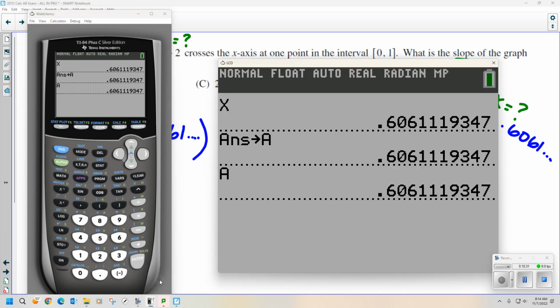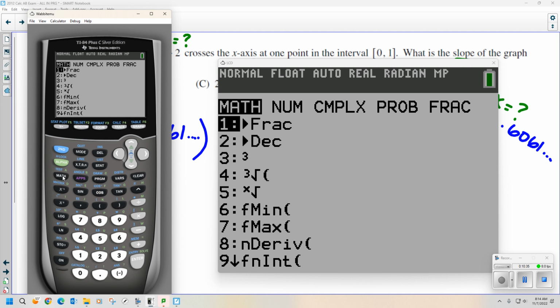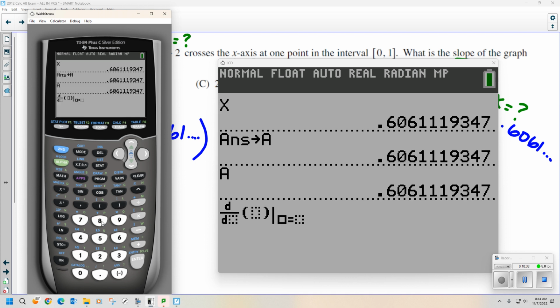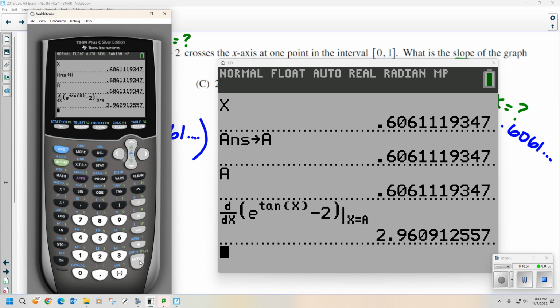I'm going to use the calculator, kids, because I can. So I'm going to go to math 8. That's my derivative function. I want to find the derivative of e raised to the tan of x. Okay, put the parentheses the right way. Pop off that minus 2. I want to take the derivative of that when x equals a. This is why I don't like to say when x equals x right here. It's just a little thing I got. Okay, I hit enter and I get